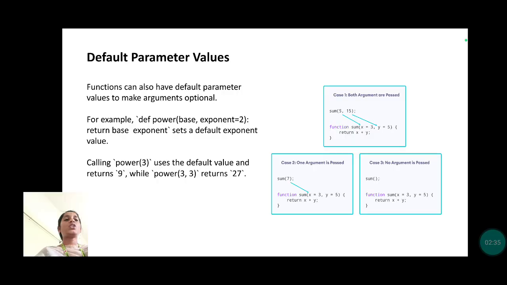Case 1. Both arguments are passed. sum(5, 5). function sum(x = 3, y = 5) { return x + y; }